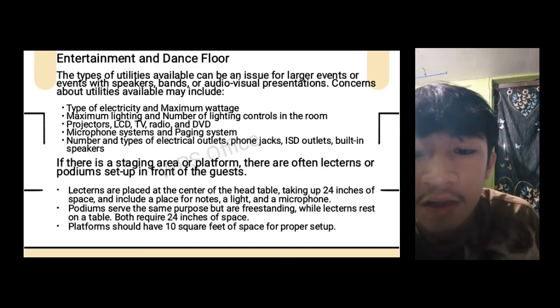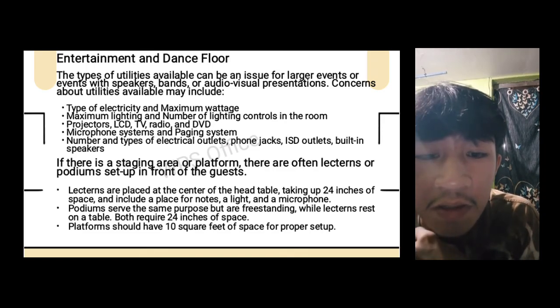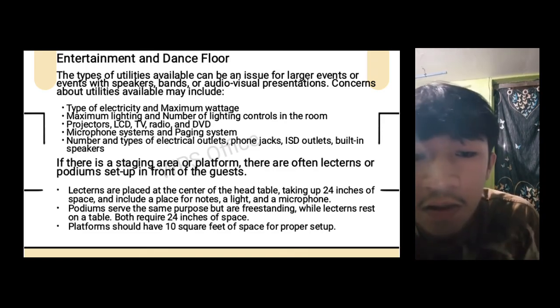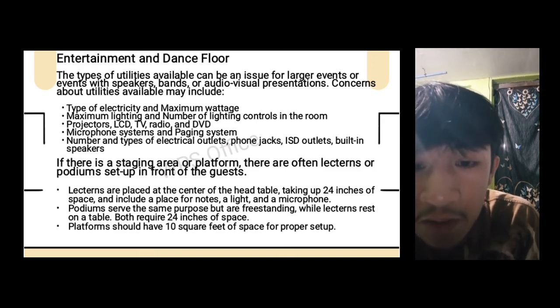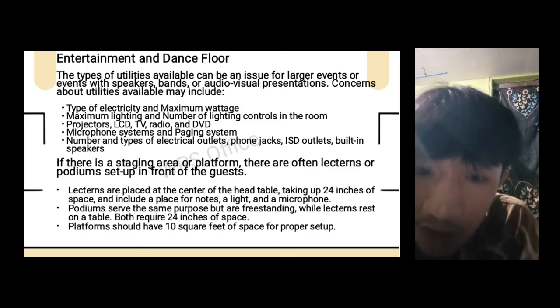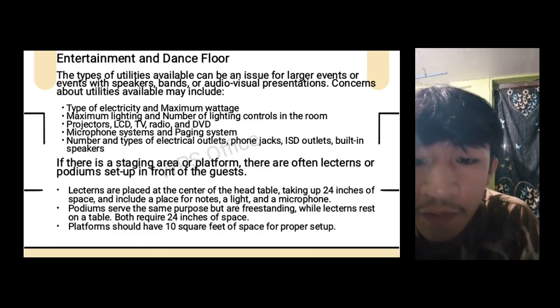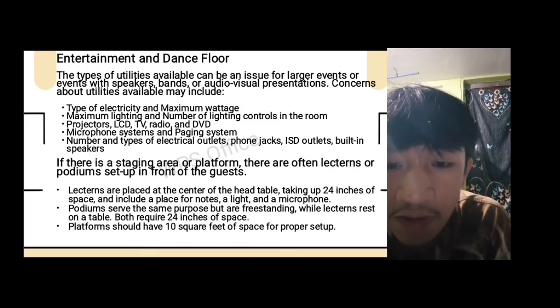Entertainment and dance floor. The type of utilities available can be an issue for larger events or events with speakers, bands or audio visual presentations. Concerns about utilities available may include type of electricity and maximum weight, maximum lights and number of lighting controls in the room, projectors, LCD, TV, radio and DVD, microphone system and paging system, number and type of electrical outlets, phone jacks,